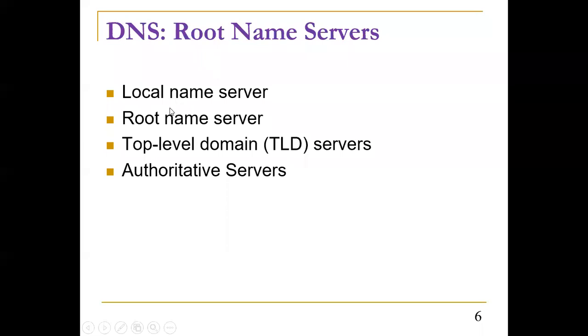In the previous session, we've seen 2 levels. Now we'll see the 4 levels. The process is how the name servers are serviced, or how the request is passed through the local name server. If it is not available, then it goes to the root name server. If it is not in the root name server, it goes to the top level domain.